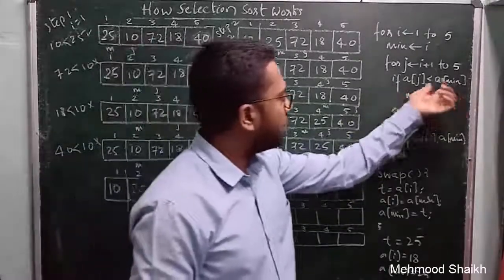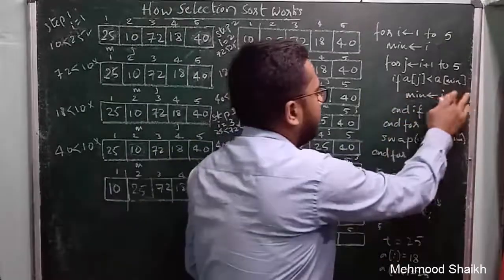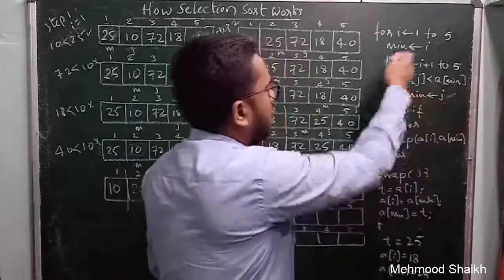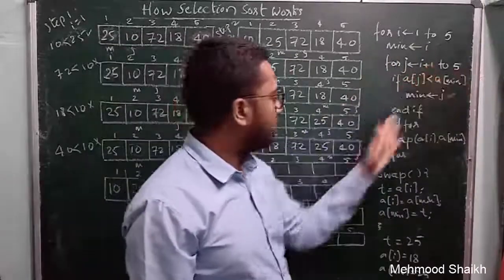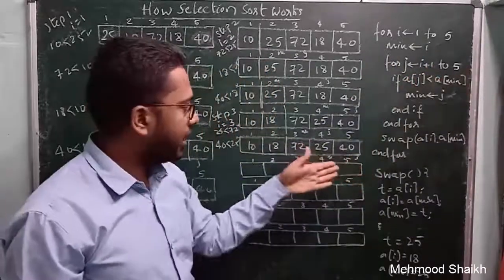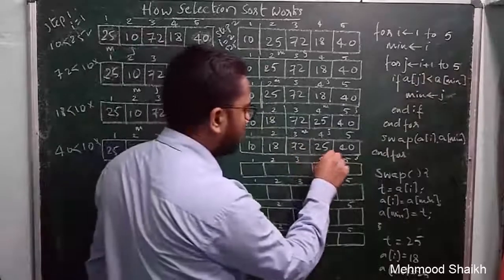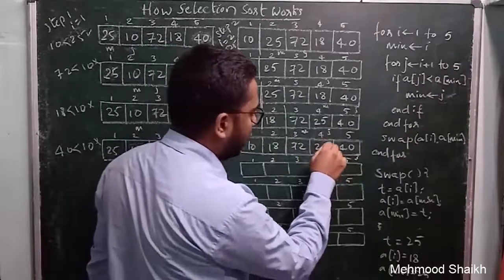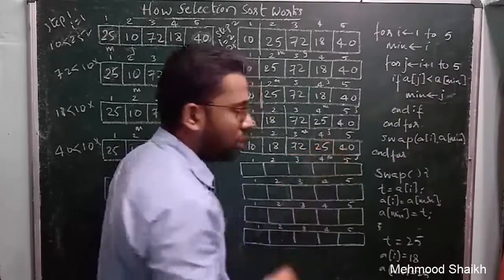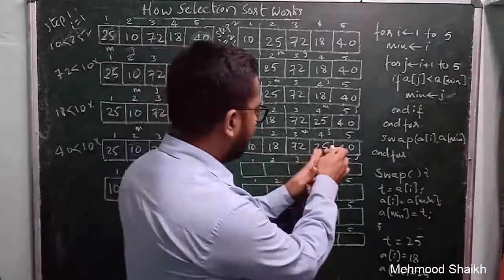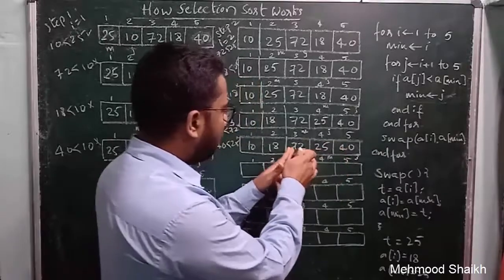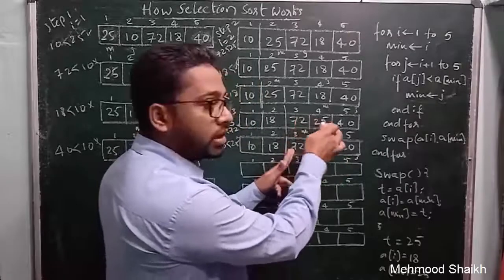When this condition becomes false, this statement will not get executed and we will come out from this if. So we cannot further increment the value of j because that is the last index in that array. So we come to know that the element present in the fourth index is the smallest element. Okay, so now we have to swap this 25 with the element from where we had started searching the smallest